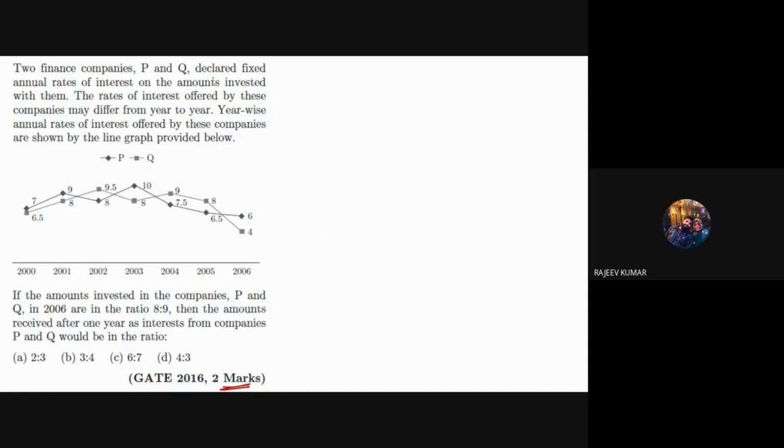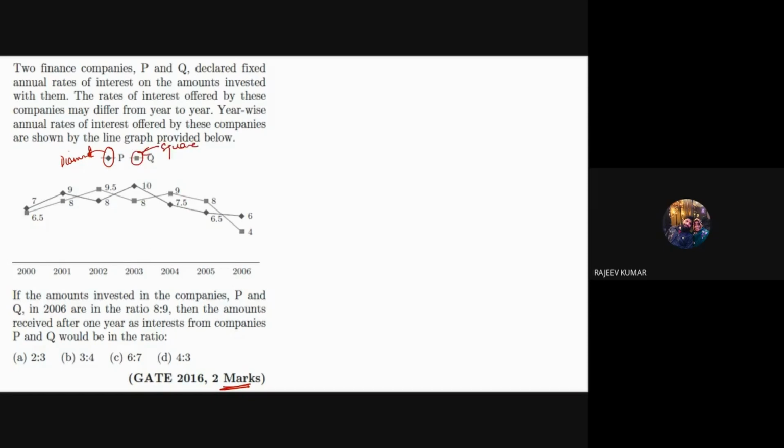There are two finance companies P and Q. They declared fixed annual rates of interest on the amounts invested with them. The rate of interest offered by these companies may differ from year to year, and the graph has been given, which talks about P and Q. अब इस केस में you may feel like P और Q दोनों का कलर सेम है, so don't go for color, rather go for shape. So P is giving you diamond shape in order to avoid confusion, and Q is giving you a square shape,